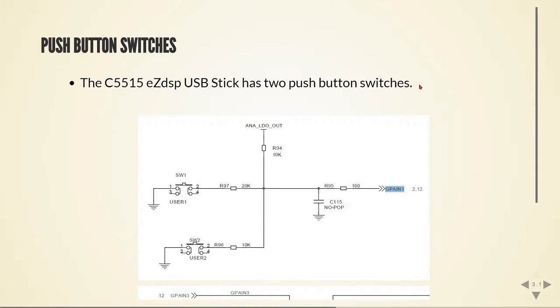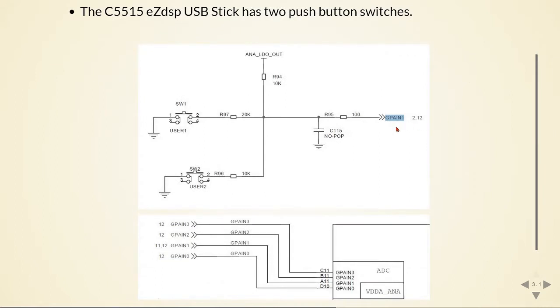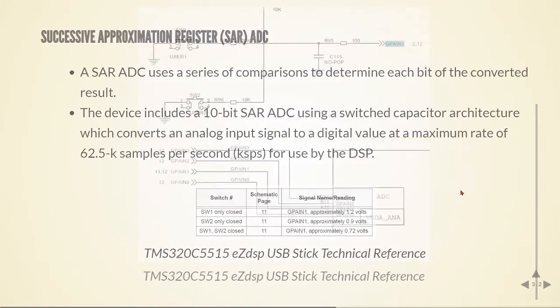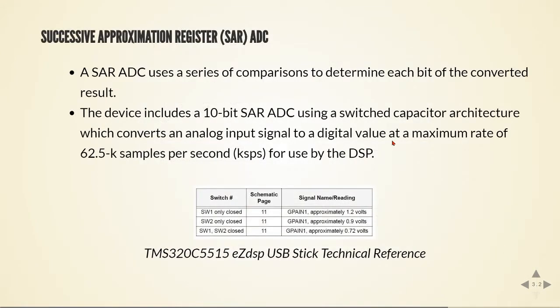The C5515 eZ-DSP USB stick has two push button switches. They are connected to a port called GPIN1, and here is the circuit describing how these push button switches are connected. They are not connected to a GPIO, but to a successive approximation analog to digital converter. So this is a kind of ADC that uses a series of comparisons to determine each bit of the